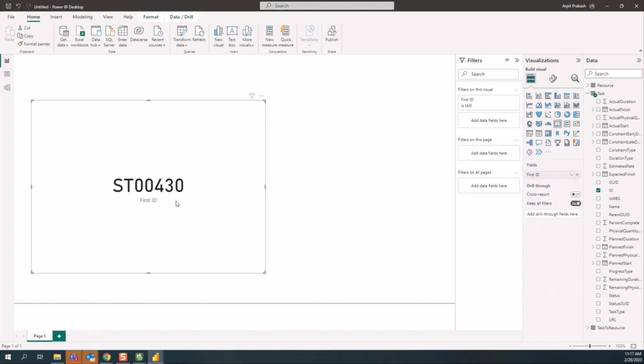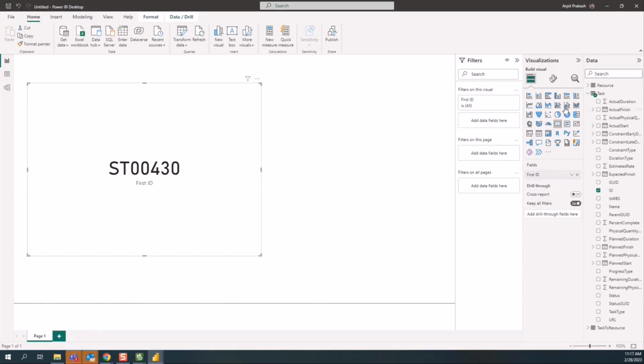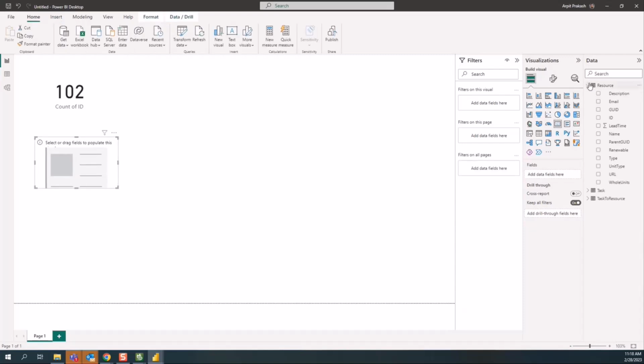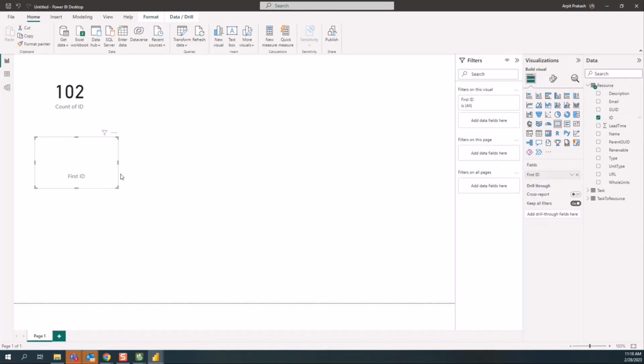And this is showing me the first ID. So this is a card visual, which just shows a number, and the field that has been dropped to this visual is the ID. By default, since it can only show one value, it showed me the first ID, but I can change its aggregation to count. So let's say I want to see the count of tasks. So this is my count of total tasks here. Maybe I want to see a count of resources. So I can open up a card visual here. In my resource table, I can go to resource ID, drag it to the fields, and every visual will have multiple fields depending on the kind of visual. And this is my count of